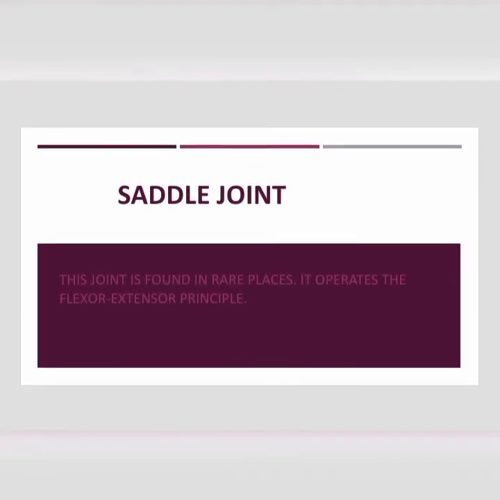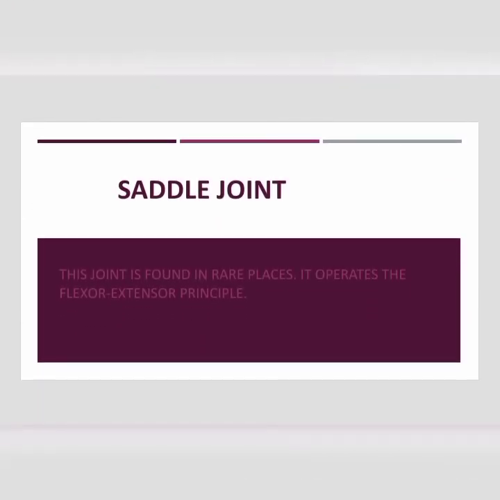Then the last type of joint is the saddle joint. The saddle joint is found in very rare places, and usually it's more like an extensor flexor movement, the opening and closing, but it's slightly different. Okay, it is found between the end of the thumb bone and